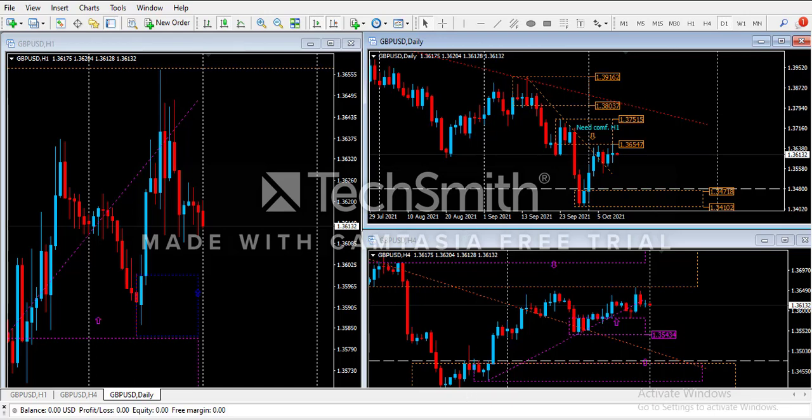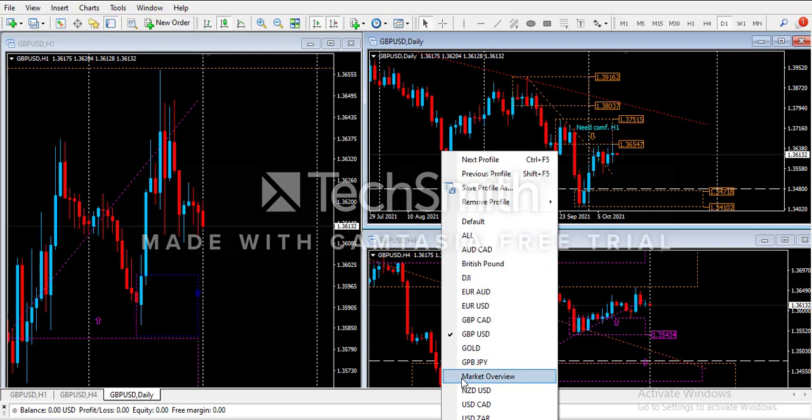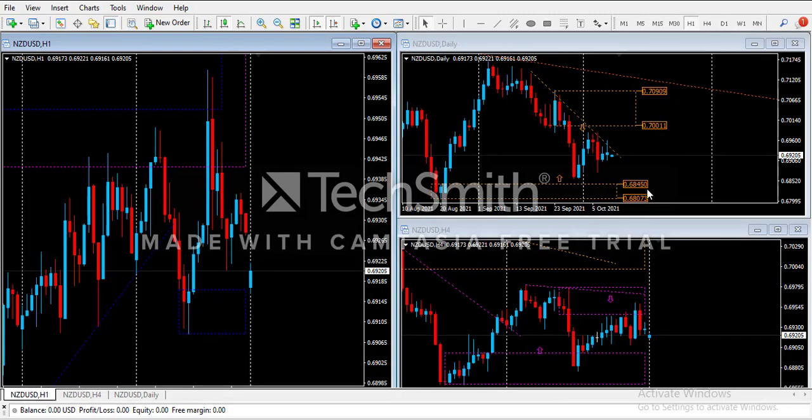Okay, our next pair is NZDUSD. The NZD, here it is. So the pair is in the middle of the daily demand 0.6845, 0.6807, and supply 0.7000, 0.7090 area. It's possible to work in the appropriate direction from both ranges, but